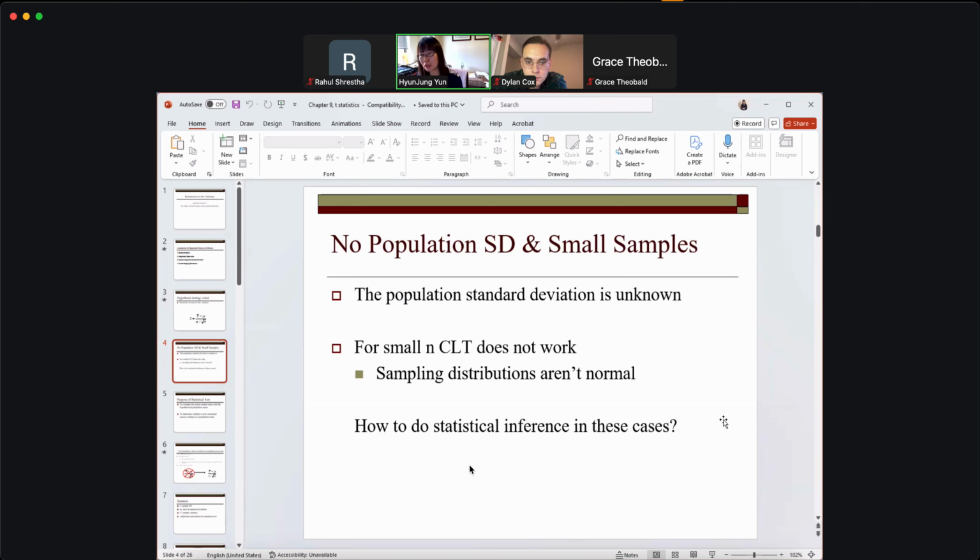The sample size is large enough to not violate any of those assumptions, but especially, let's say, students study